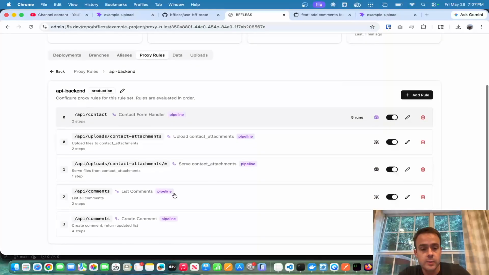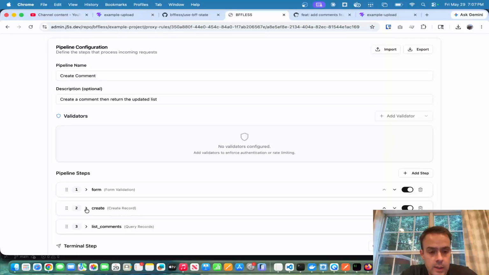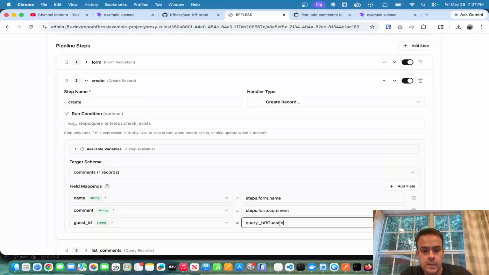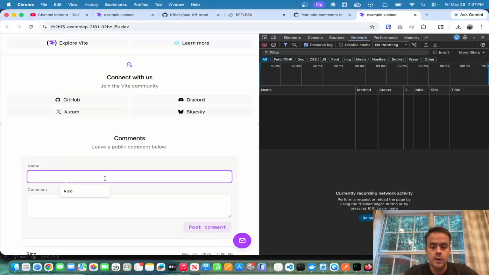I was thinking it was going to be wrong. I knew it was going to screw that up. So it created the guest ID here from query, and it didn't pass a guest ID when it created it. So if we look at our network request,